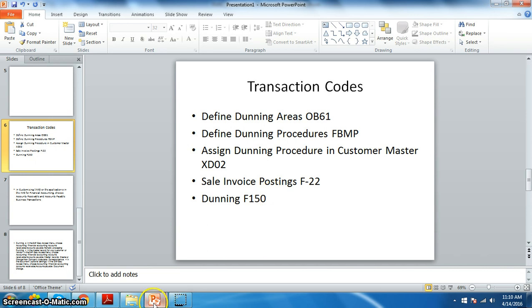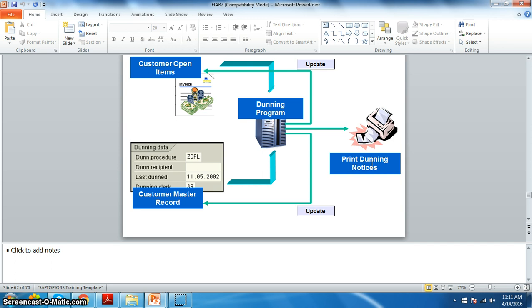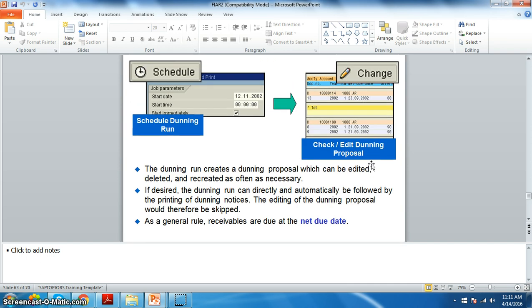This is the process that we have here, and in this slide we can check exactly what the procedure is. We have the dunning program. Whenever we run the dunning program, it goes back and picks up all the data based on the credit control data, all the information about the payments that have to be made, for which we have to remind the customer, and automatically it sends printouts or PDFs or emails, whatever procedure we have set.